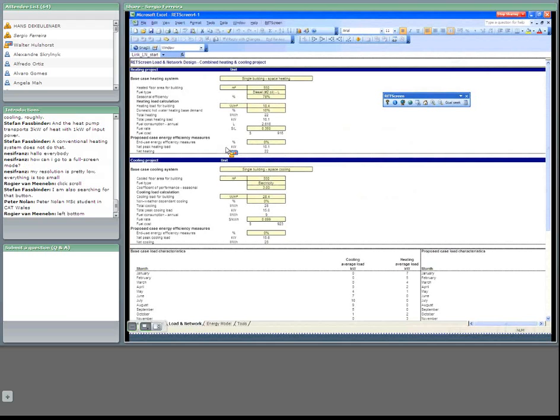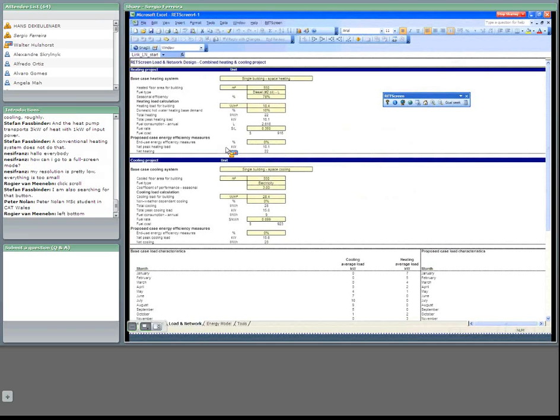So with this data, the total cooling needs are automatically calculated, and this will be inputted into the next stage of the model. According to the climate location that you select, you will have automatically generated a chart with the load curve for your cooling and your heating needs. This is for the base load characteristics and for the proposed load